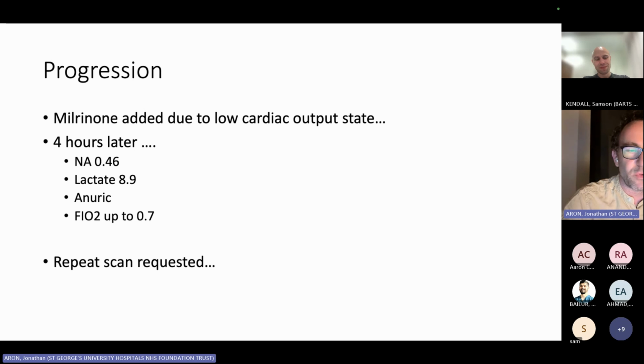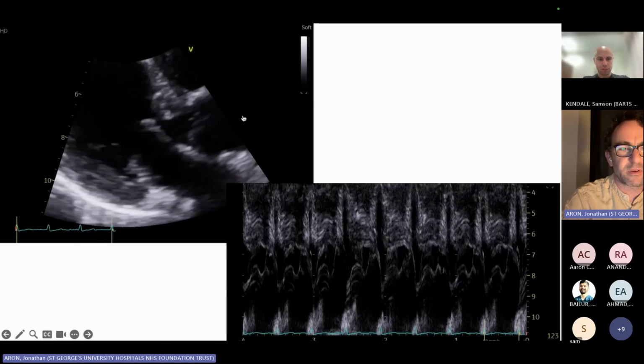So 4 hours later, he's currently on more noradrenaline. His lactate is now 9. He's completely anuric, and he's now in florid pulmonary edema. So